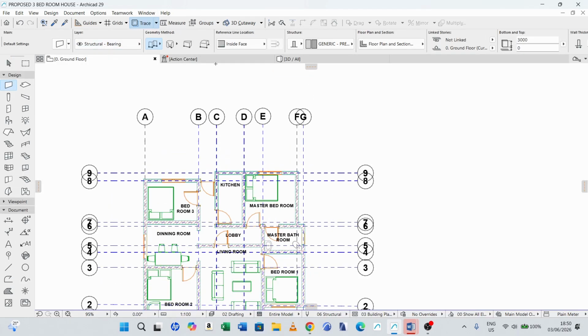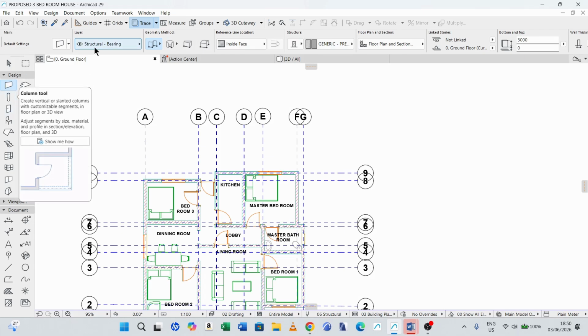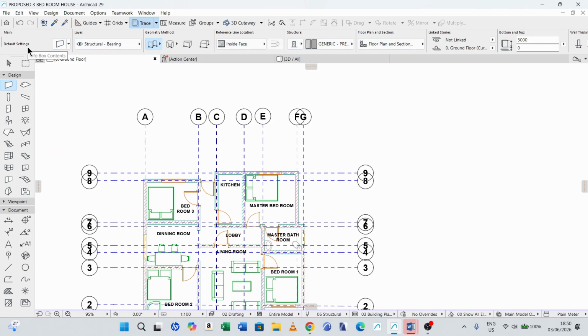You see here there are different settings in the info box relating to the wall. When I open Column here in the info box, we will find different information about the column.